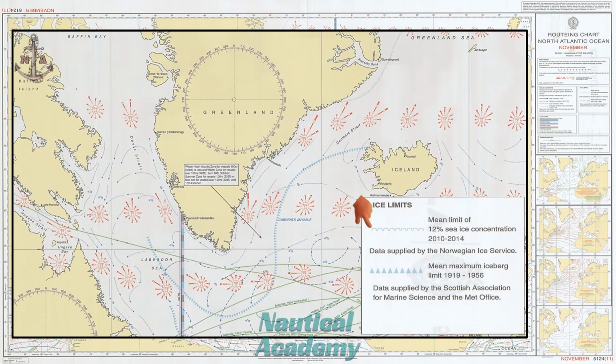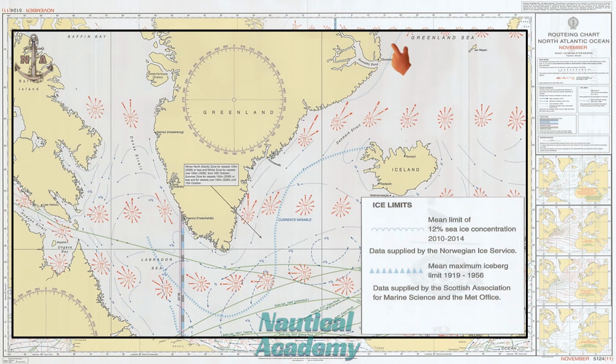This first line, drawn using small connected brackets, represents the mean limit of 12% sea ice concentration, based on data from 2010 to 2014. This means that during November, an average of 12% of the sea surface within this boundary is covered by sea ice. If you are navigating here, you should expect scattered sea ice and exercise caution, although this typically refers to general